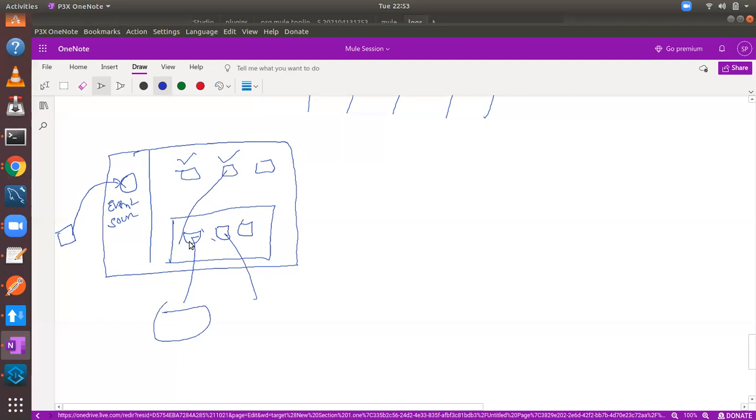Is it clear, Rishikesh? Yes. Okay. So in Mule, there are three scopes of error handling.